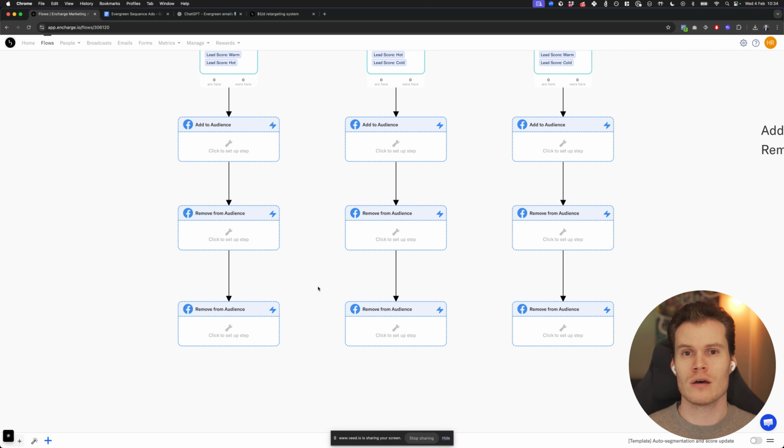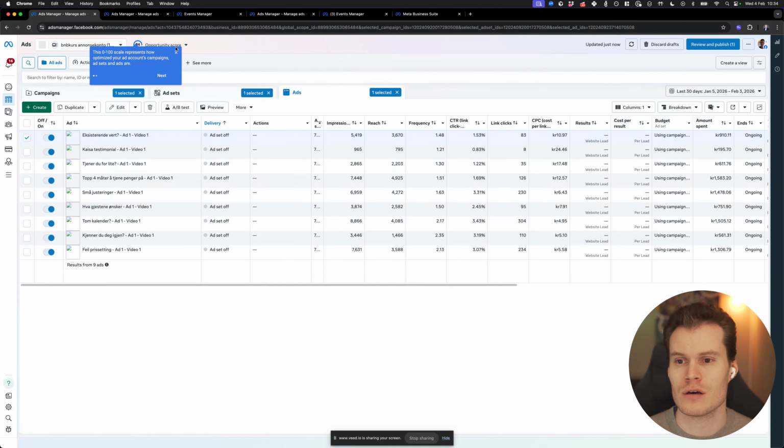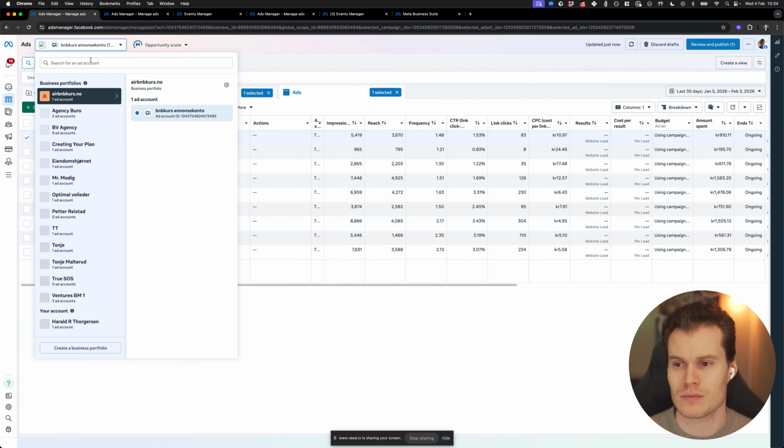So that way, no matter the current state of your leads, they're going to be one-to-one synced to your ads. Now, the next thing that we then do is that inside of our ad account,